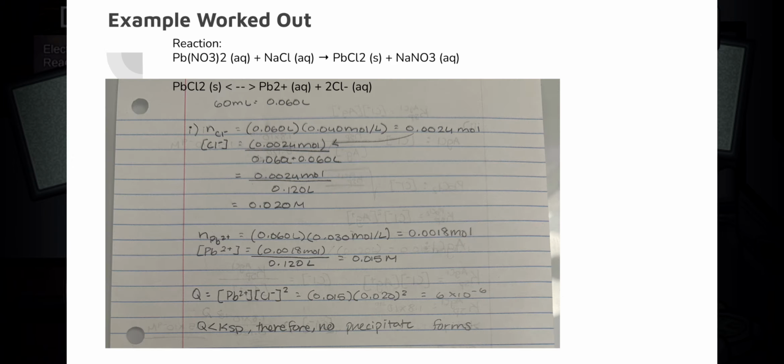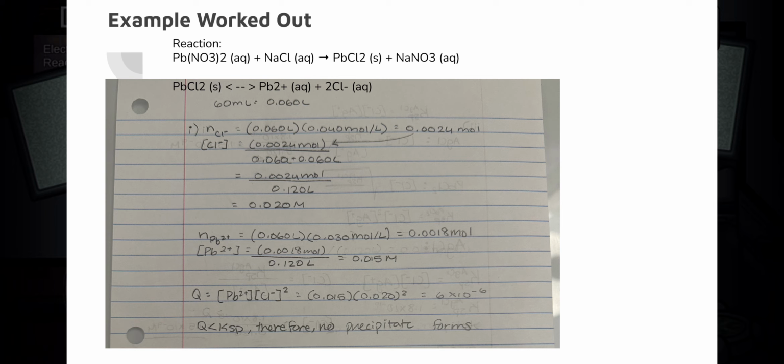So based on the equation, we can tell that PbCl2 is a precipitate that's formed by the combination of two substances, and it dissociates as follows in water. In order to determine whether a precipitate would form, we need to find Qsp and compare it with Ksp. We know that Qsp equals the concentration of the aqueous ions in Pb(NO3)2 and NaCl. Since both of these compounds contain soluble ions, we know that they fully dissociate in solution. Because Cl is in a 1-to-1 ratio with NaCl and Pb is in a 1-to-1 ratio with